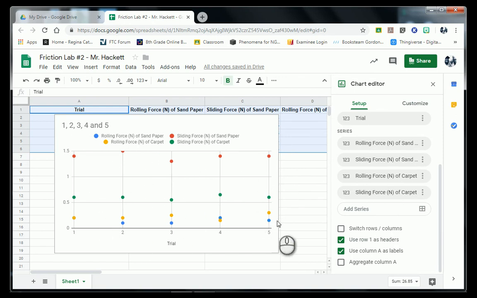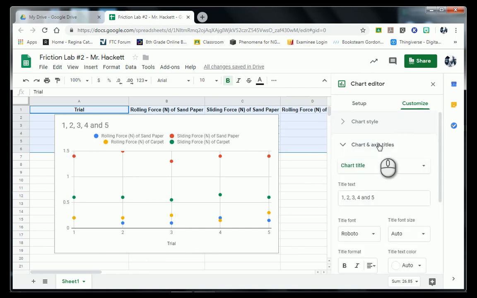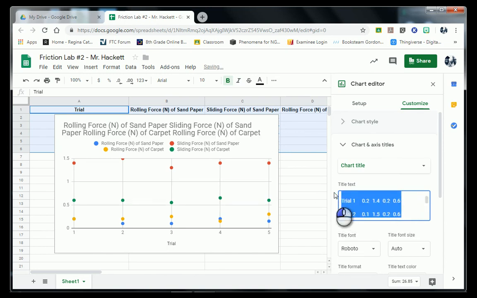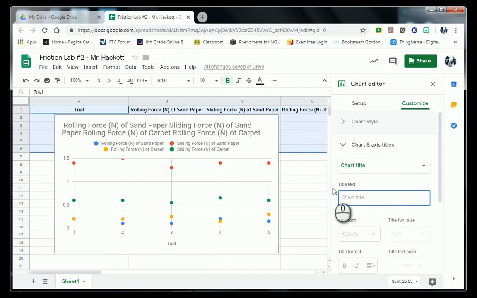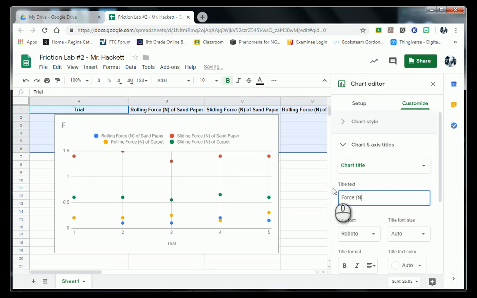All right, so now we can do some changes. Notice that our x-axis is already done: Trial 1, 2, 3, 4, 5. We do need to put force over here, so we're going to go ahead and switch to customize chart title. Oops, I changed some of the stuff I hit by accident, copy paste for some reason. But what we're looking at is the amount of force in newtons